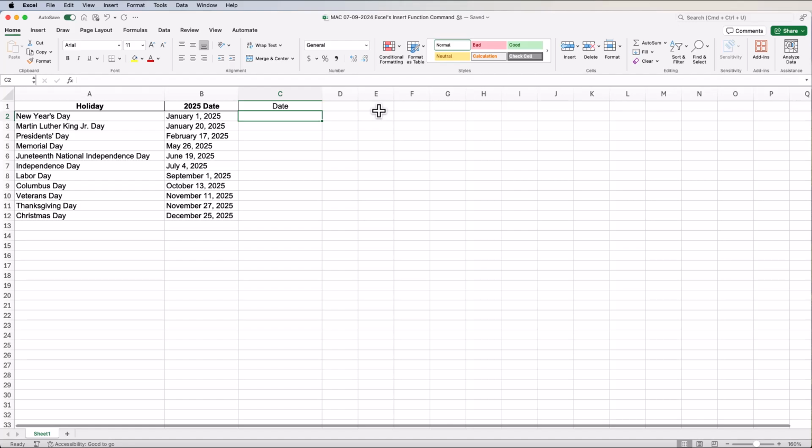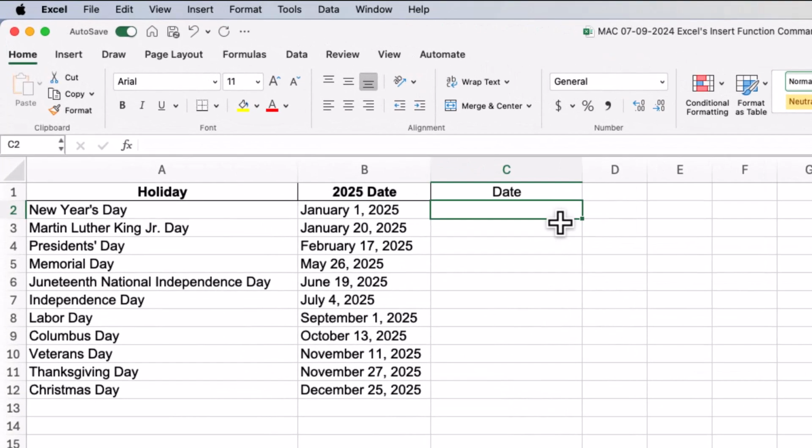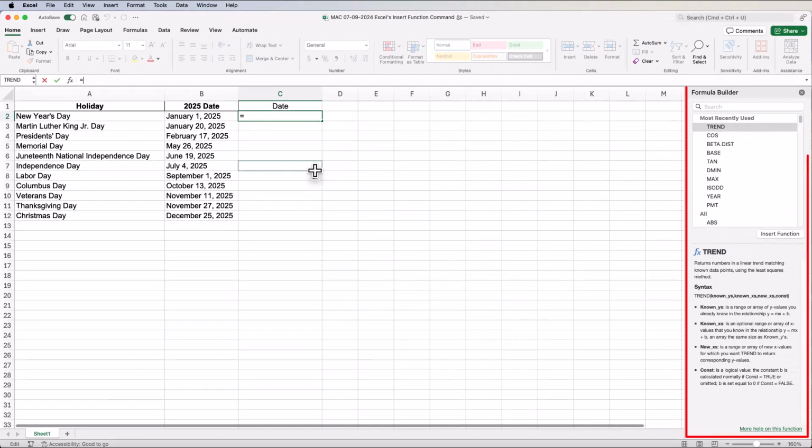I've inherited a spreadsheet where someone typed in text for dates, but I can't use those in formulas. So I need to convert this to an actual date. On the formula bar, the FX button displays the formula builder, and it has a list of all the functions